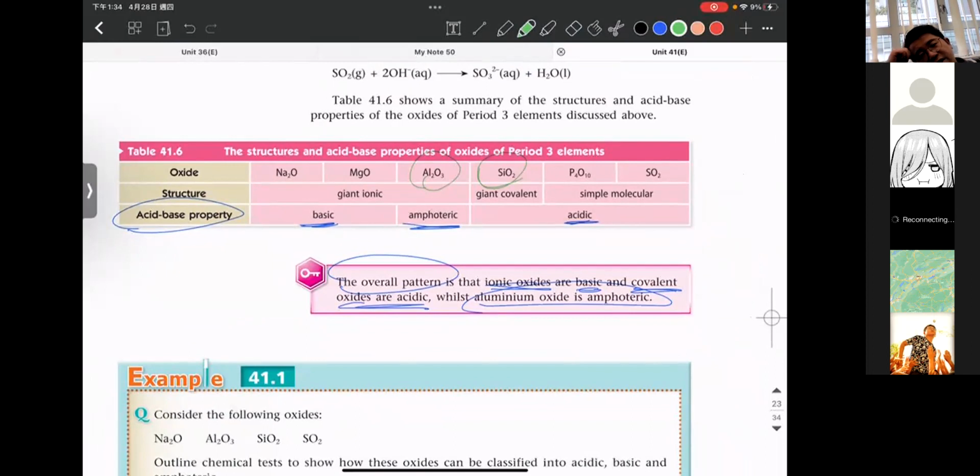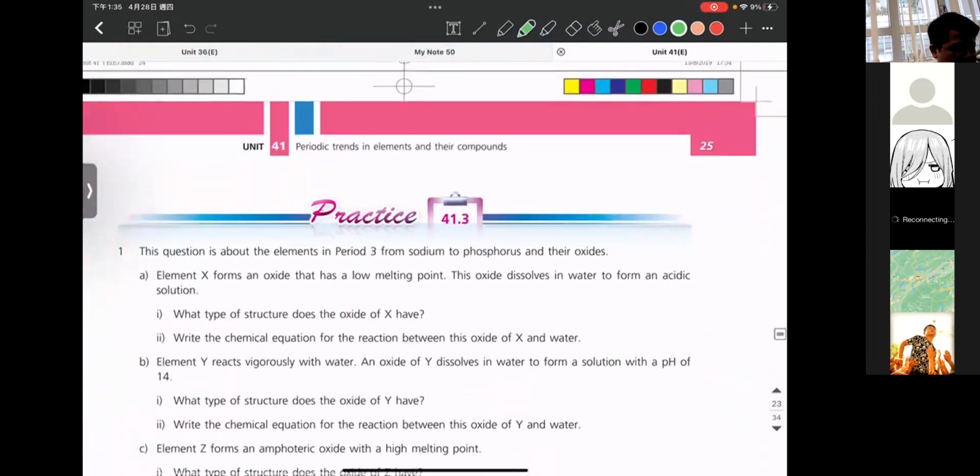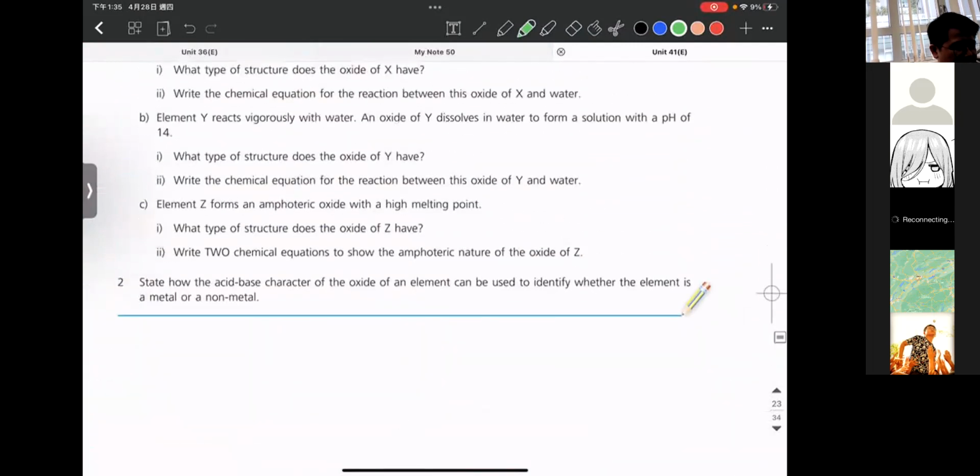The reason behind is it reacts with alkaline to form salt and water. Do you understand? But for Al2O3, a very, very special case in which it can have dual property. It can behave as an acid when it meets alkaline. It can behave as an alkaline when meeting acid. 有冇嘢問？有冇嘢問？